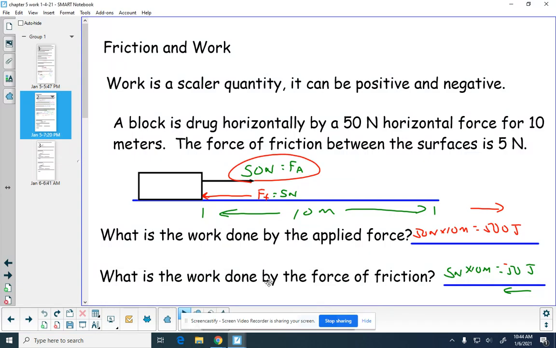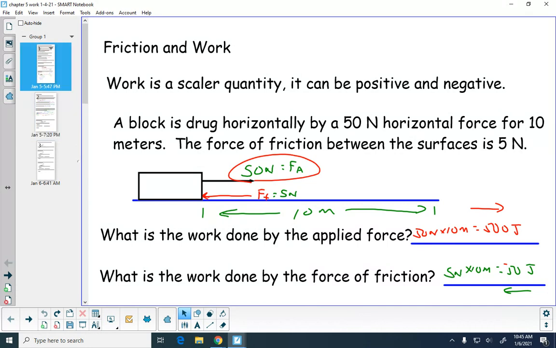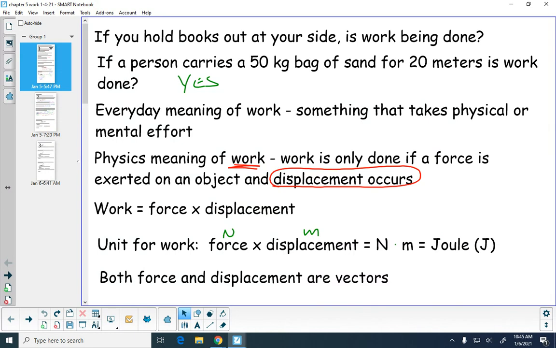All right. We started working on Monday with force, the idea of force and work, dealing with how much work is being done. Work is a scalar quantity. If we just go back and review a little bit, when you're talking about everyday work, what we mean when we talk about work, you could be working on